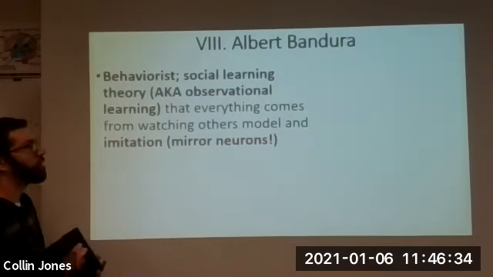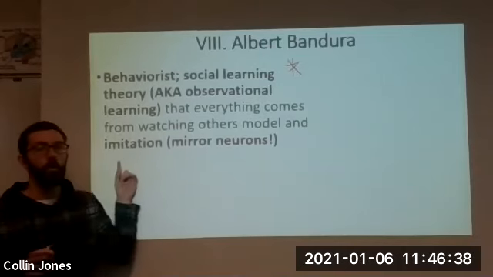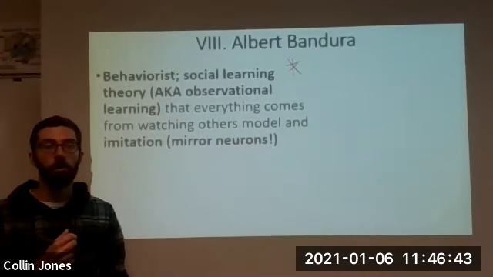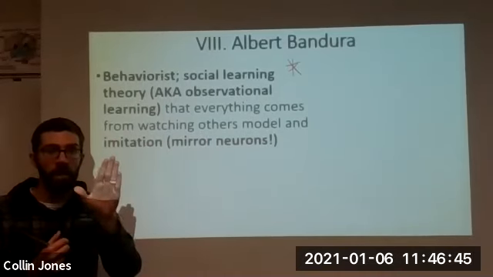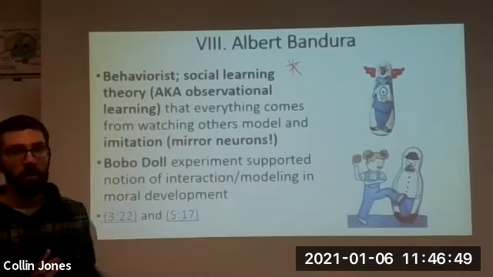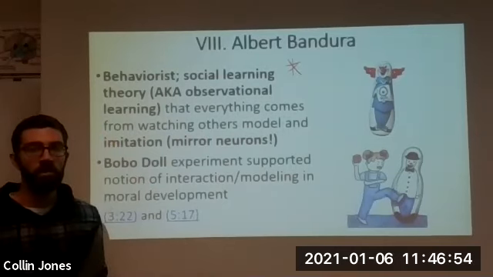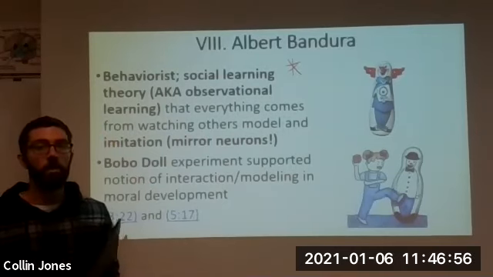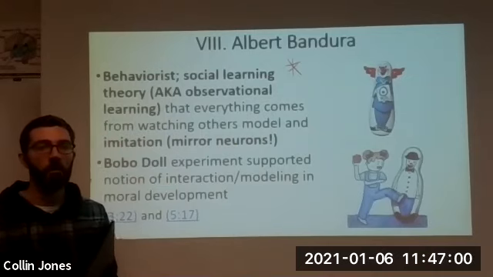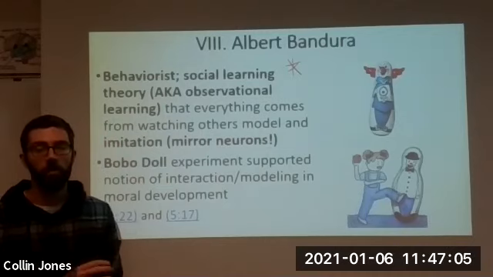Put a star by this. We talked about it before the break, observational learning. But the idea here is that we see models and we imitate them using what are called mirror neurons. They watch other people do behavior, and then our brain can do that same thing. So the Bobo doll experiment, okay, hopefully you've seen these videos. They're linked in this PowerPoint as well, which is on the eClassic, and you go back and watch them. But this whole idea is that kids will watch other people do something, and they will copy and do the same thing. Okay, they will imitate, they will mimic what those folks are doing.